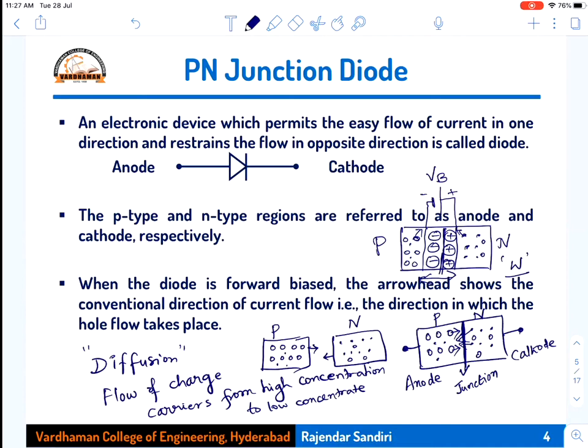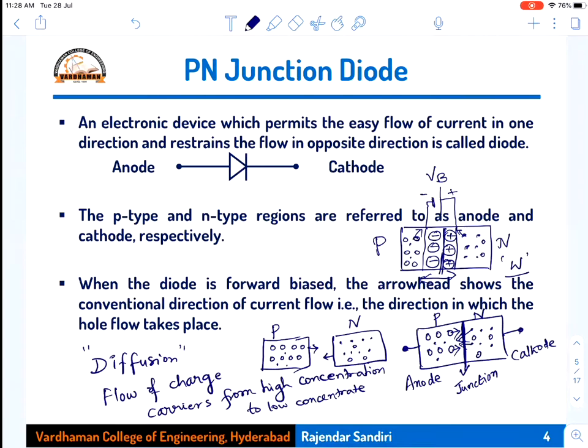So this is what happens when you bring two different types of semiconductor materials, P type and N type, in contact. P type has more holes and N type has more electrons. When both are brought in contact, holes move from the P side to the N side and electrons move from the N side to the P side near the junction, and they recombine and convert into immobile ions. That region is the depletion region, and it does not allow the rest of the holes and electrons to cross. Therefore, it stops the diffusion mechanism.